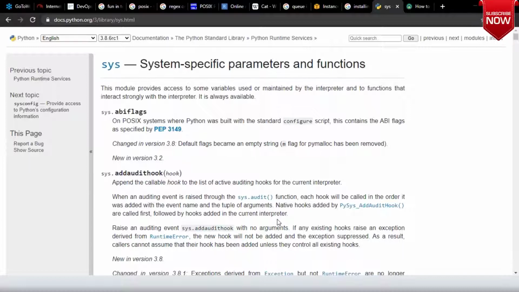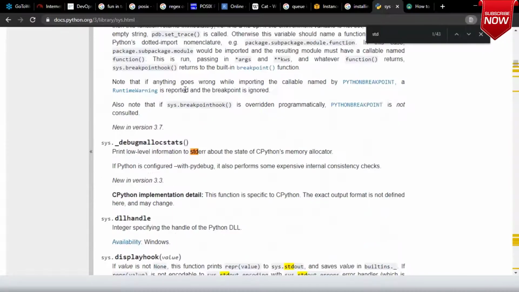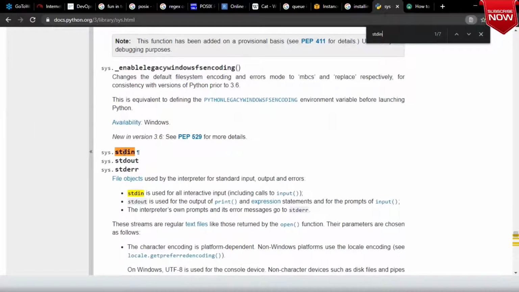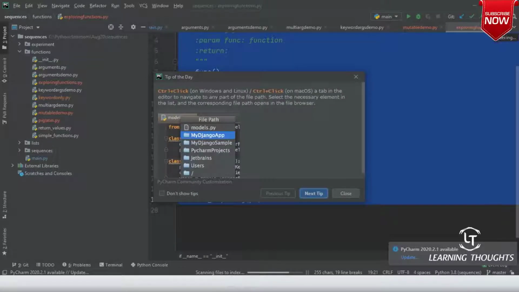While PyCharm launches, in the sys module, let me press Control F and search for stdin. Are you seeing stdin? What is stdin? Stdin is standard input, right? Do you agree with me? So in Python, whenever you enter any command, you will be entering into the standard input.